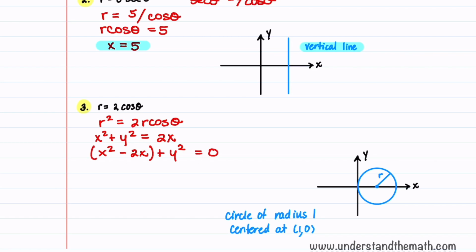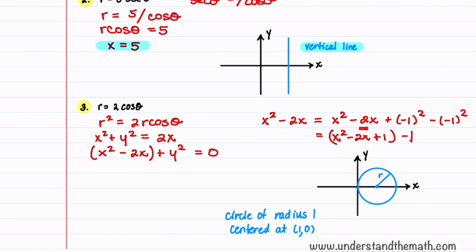If we put brackets around the x terms, we can see that this looks like a circle. To simplify this, we'll have to complete the square. So we're going to say x squared minus 2x is going to be equal to x squared minus 2x. What you do is you take the middle constant and you divide it by 2 and square it. Minus 2 divided by 2 is minus 1. So we'll add a minus 1 squared, and then so that we don't change the equation, we're going to subtract a minus 1 squared. This is going to give us x squared minus 2x plus 1